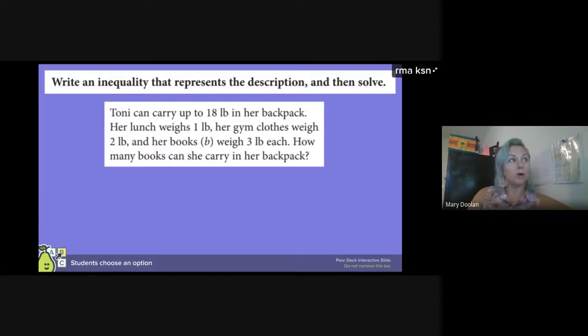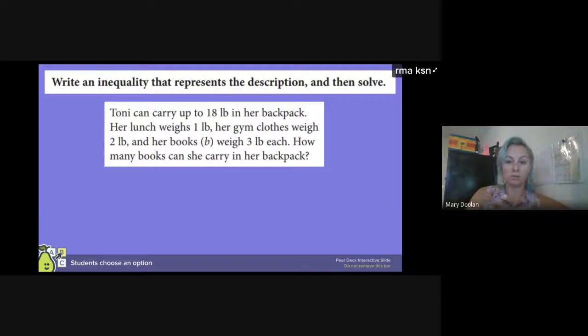On one side of your inequality, we have 3b plus 1 plus 2. So the weight of the books plus the weight of the lunch plus the weight of her gym clothes. We're comparing it to the total amount she can carry in her backpack. And the key thing to look at here is in that first sentence, Tony can carry up to